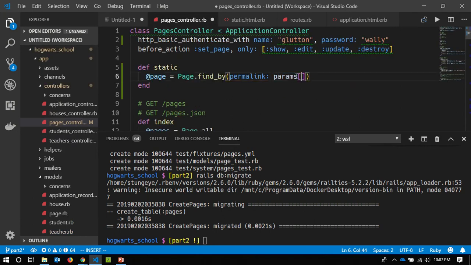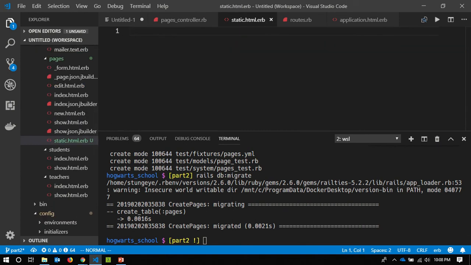And so params at position permalink is going to find the page. Then that page instance variable will be shared with this view, and I can display that